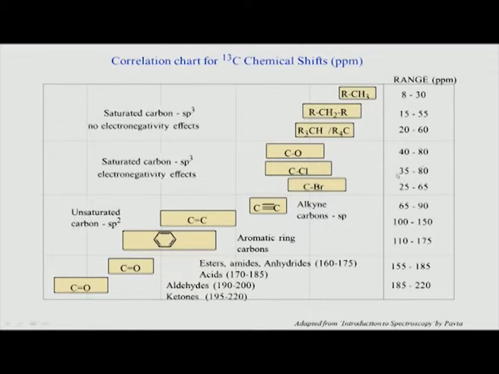And then if you look at halogens, they are also very much downfield shifted, somewhere around 40 to 80, and the same is true for bromine. Of course, as the electronegativity decreases, it goes upfield. So, that is why chlorine, which is more electronegative, has a range for the carbons attached to it that is higher than that of bromine.